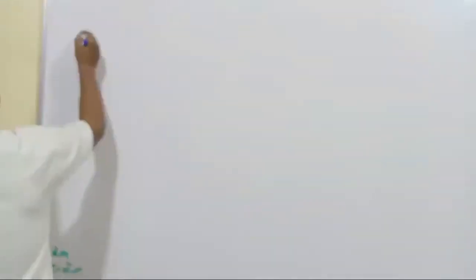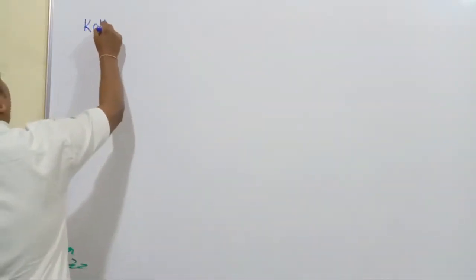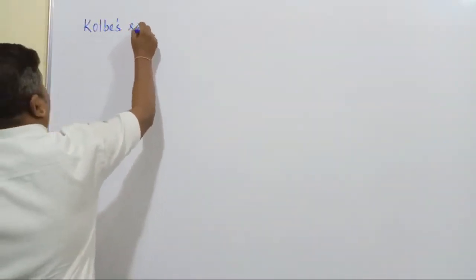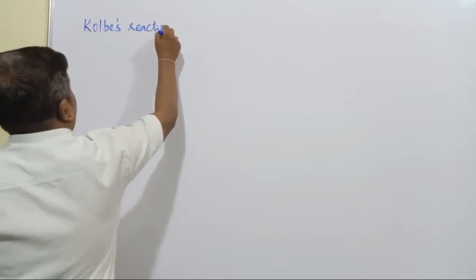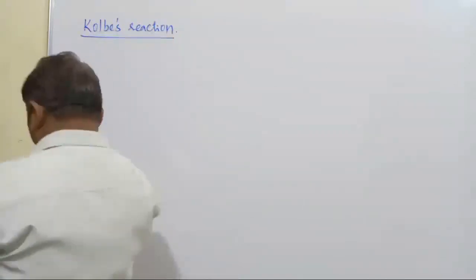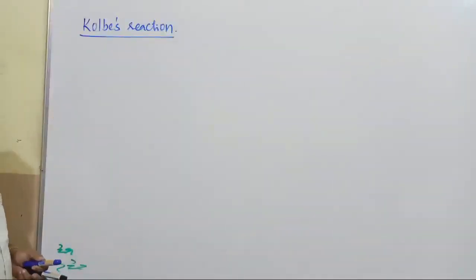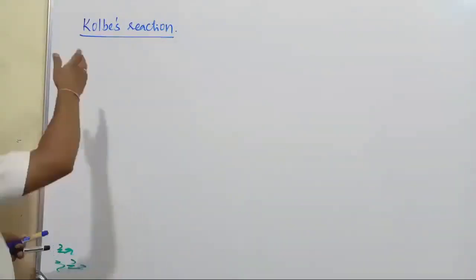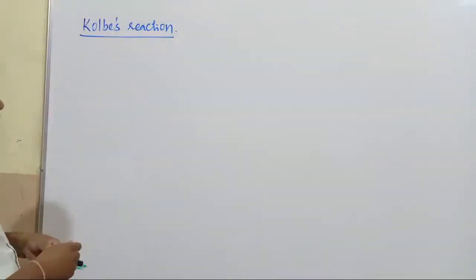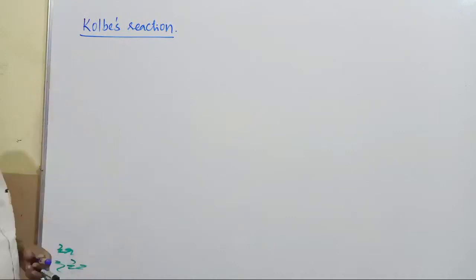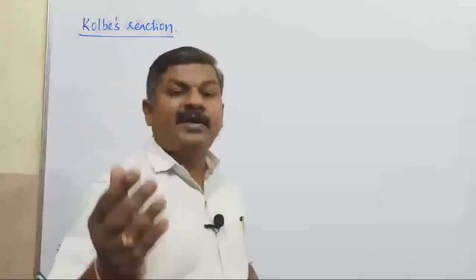So after the Reimer-Tiemann reaction, the next reaction is which one? That is Kolbe's reaction, another important reaction. You have heard about Kolbe's reaction; you studied in class 11, in the preparation of alkanes, alkenes and alkynes, Kolbe's electrolysis of the sodium or potassium salt of the respective carboxylic acids. But here, Kolbe's reaction in the case of phenol is meant for the conversion of phenol into salicylic